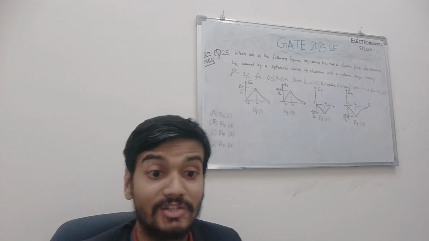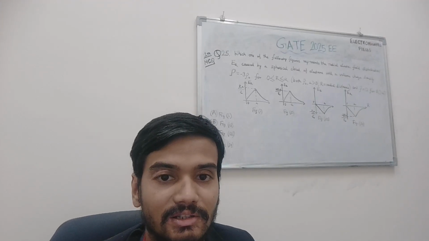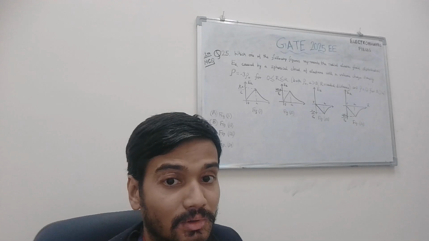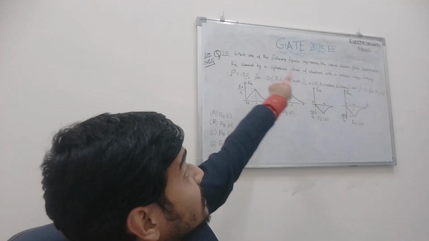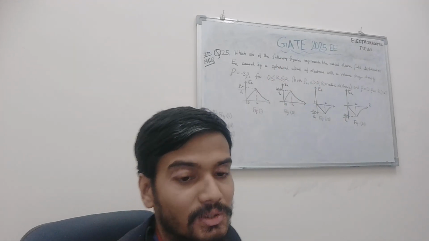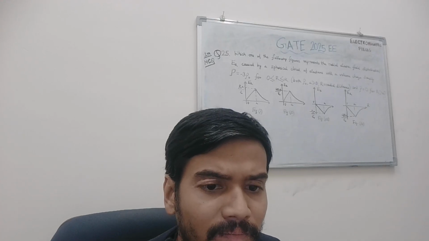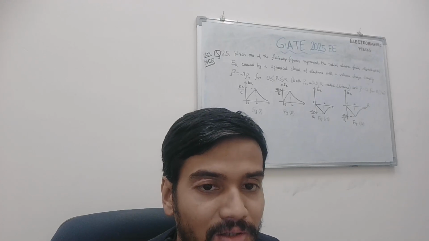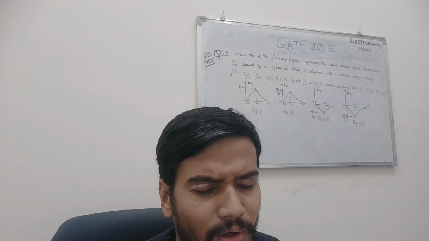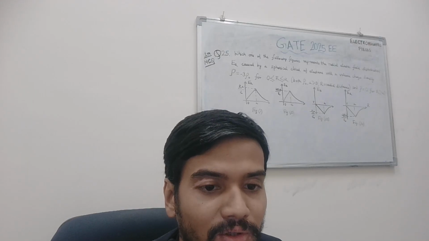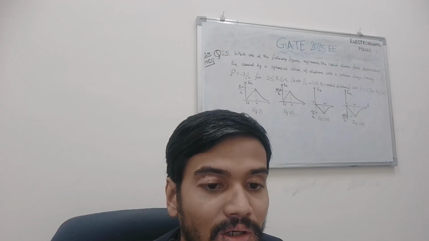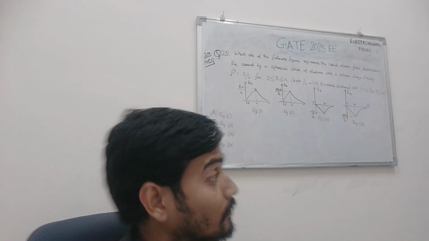Hello viewers, in this video I will be discussing the detailed solution to questions from subject electromagnetic field that came in GATE 2025 electrical engineering. So basically 3 questions came from electromagnetic fields, 1 of 1 mark and 2 of 2 marks, total 5 marks, which were of easy to moderate level again. So in this video I will be discussing the detailed solution to the question number 25 of 1 mark MCQ